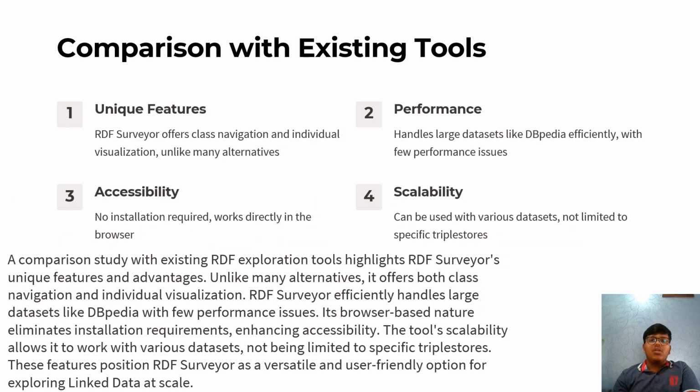Comparison with existing tools: unique features, performance, accessibility, and scalability. A comparison study with existing RDF exploration tools highlights RDF Surveyor's unique features and advantages. Unlike many alternatives, it offers both class navigation and individual visualization. RDF Surveyor efficiently handles large datasets like DBpedia with few performance issues. Its browser-based nature eliminates installation requirements, enhancing accessibility. The tool's scalability allows it to work with various datasets, not being limited to specific ones. This feature positions RDF Surveyor as a versatile and user-friendly option for exploring